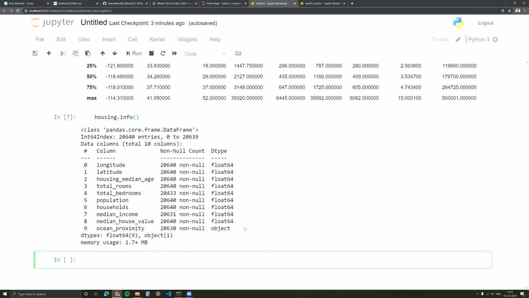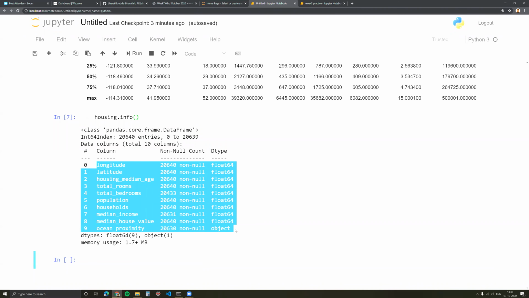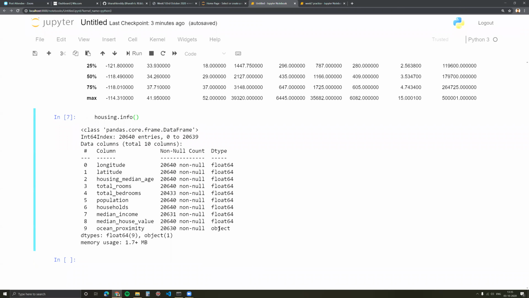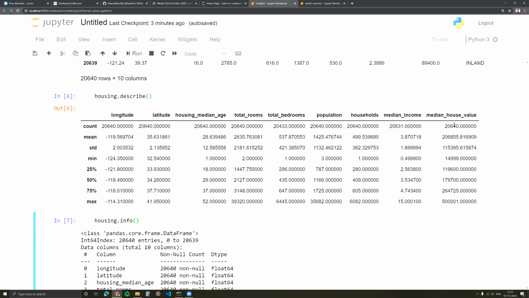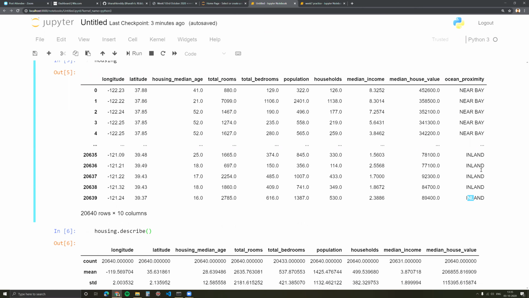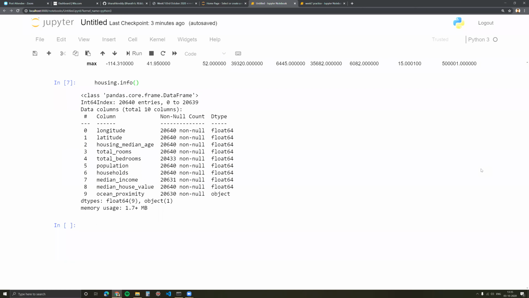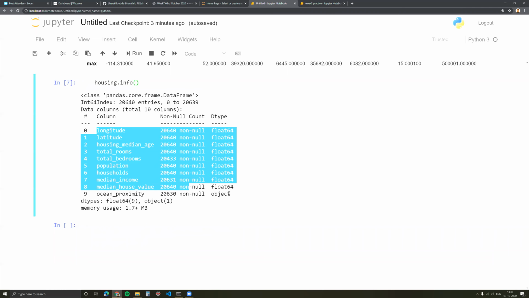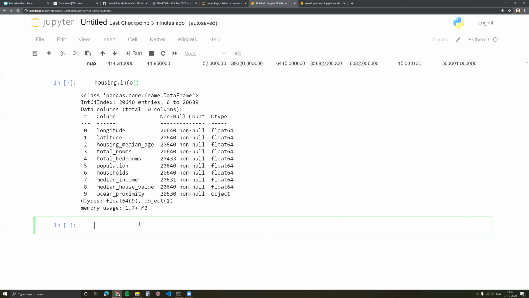So what do we have to do first? We first have to impute missing values for all these and do one hot encoding for ocean proximity, to convert nearby, inland and all these values into 0, 1 vectors. So we would need a way to separate numerical columns and categorical columns.